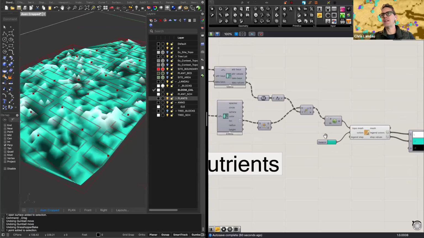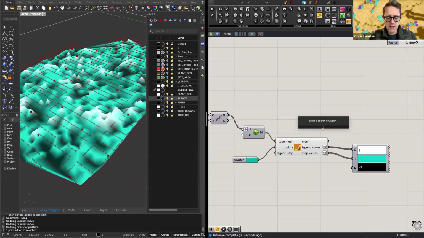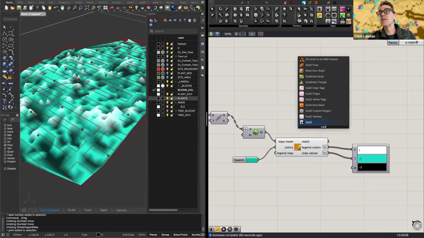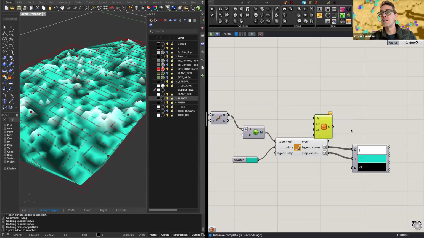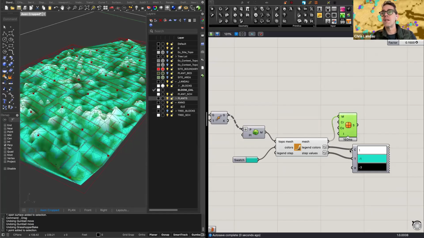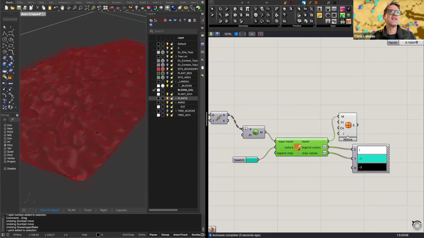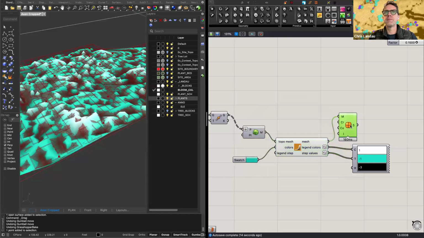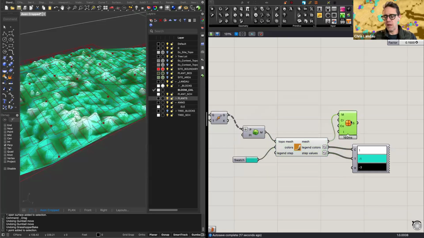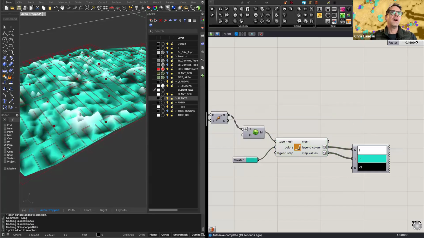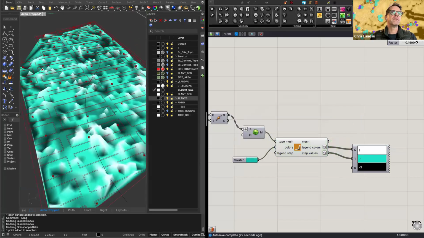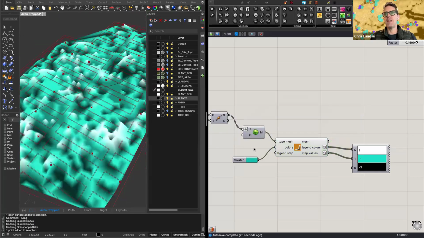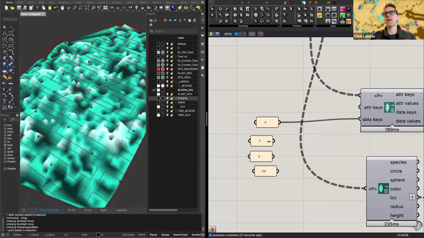If you wanted to, you could get fancy and convert this into SubD. It doesn't keep the colors, unfortunately, but you could map the colors. I don't know why they don't do the color mapping. That would be a cool thing for SubD. So it's a graph, and the neat thing here is if I just plug something else in,